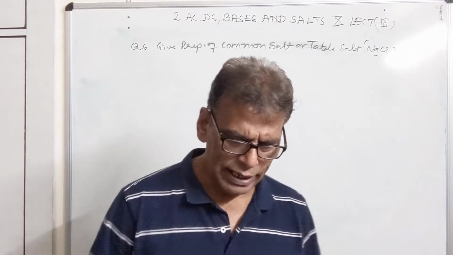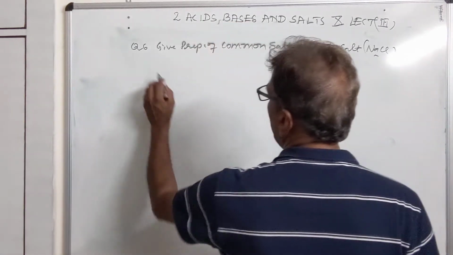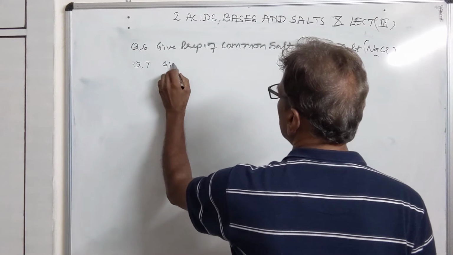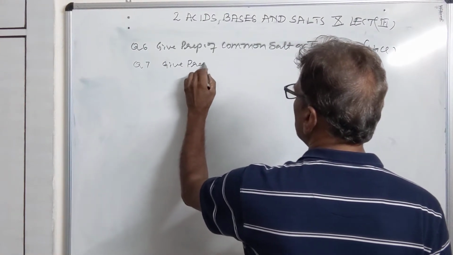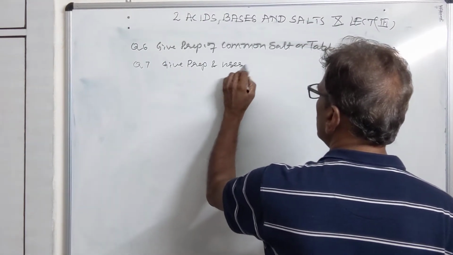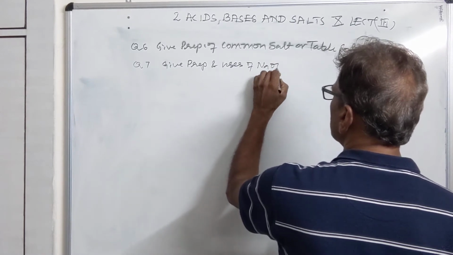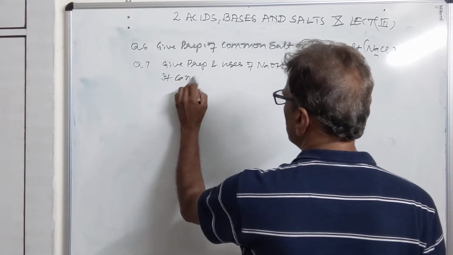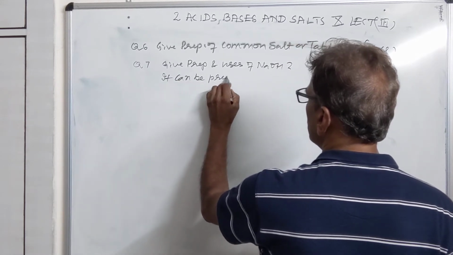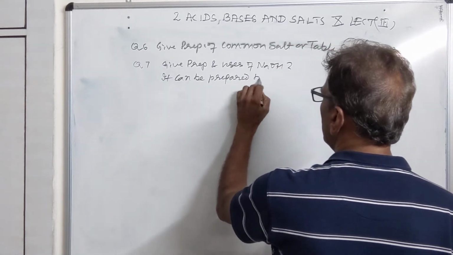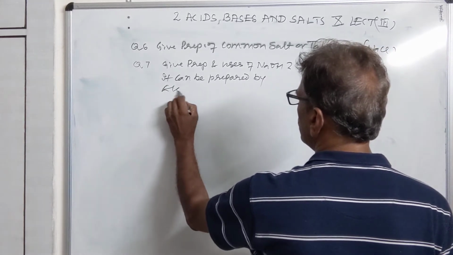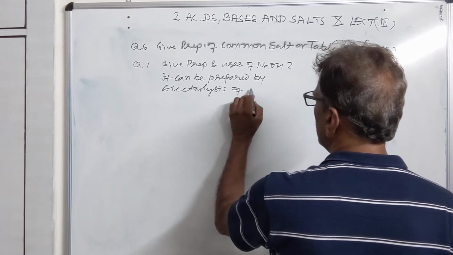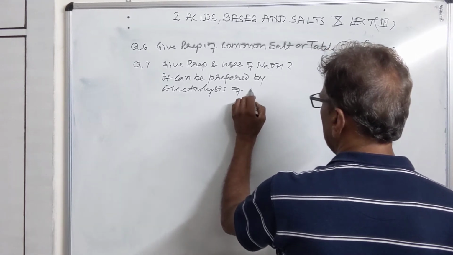Then we have the next compound, that is sodium hydroxide. Give preparation and uses of NaOH. It can be prepared by electrolysis of NaCl aqueous,